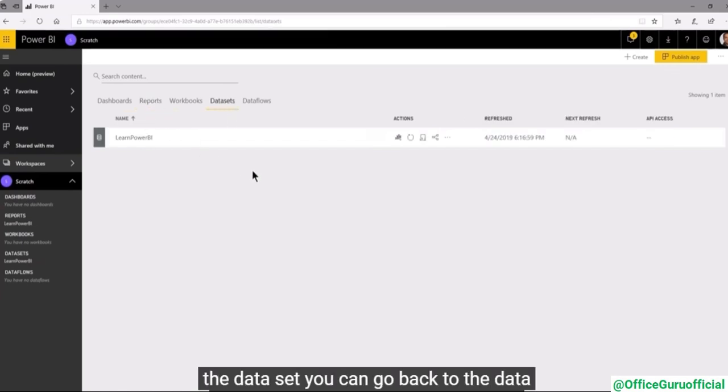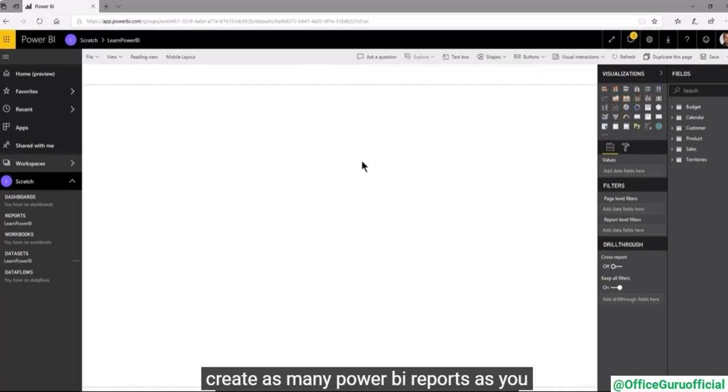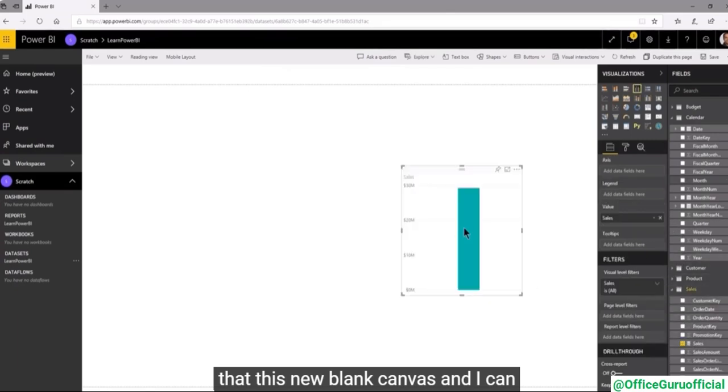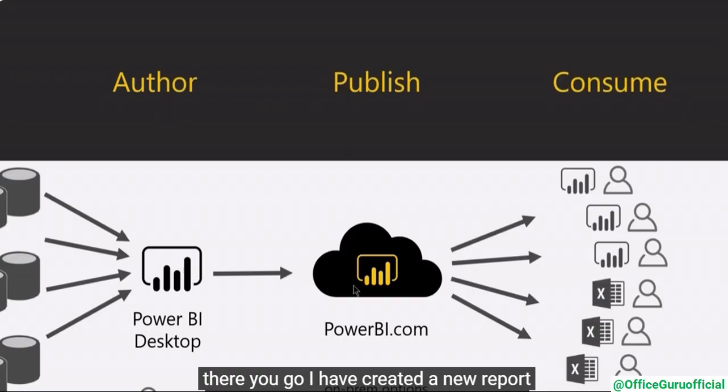You can go back to the dataset and click on this icon right here to create as many Power BI reports as you want. So again, what this gives you is this new blank canvas, and I can just say, give me sales by month. And there you go. I've created a new report,